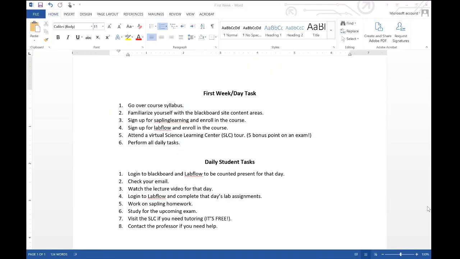Okay, so I think that is basically everything. If I do think of something maybe I didn't cover here, I will email that out to you or post something on the Blackboard about it. Again, that's pretty much how the class is going to go. So you can, for the most part, do the lecture part kind of at your own pace. But just know that the exams will be on certain days, and like I said, I'll give you a couple day period there to take those. And understand that the homework will be due at certain times. And then, of course, in the lab, we'll have certain due dates there. So make sure you keep an eye on those.